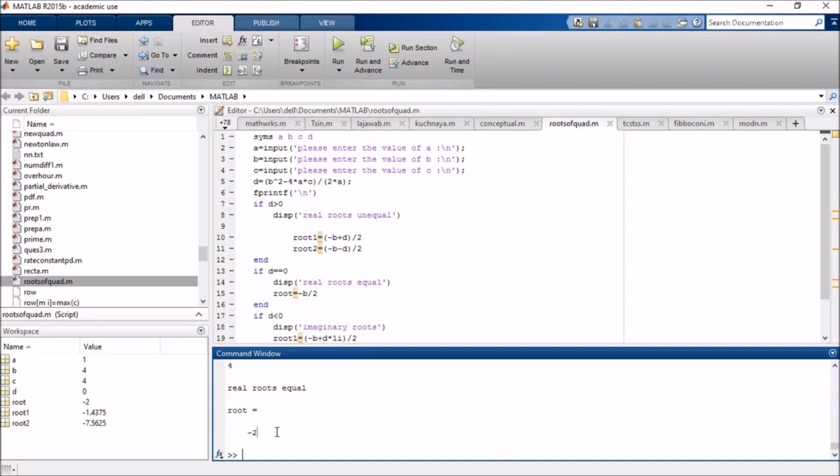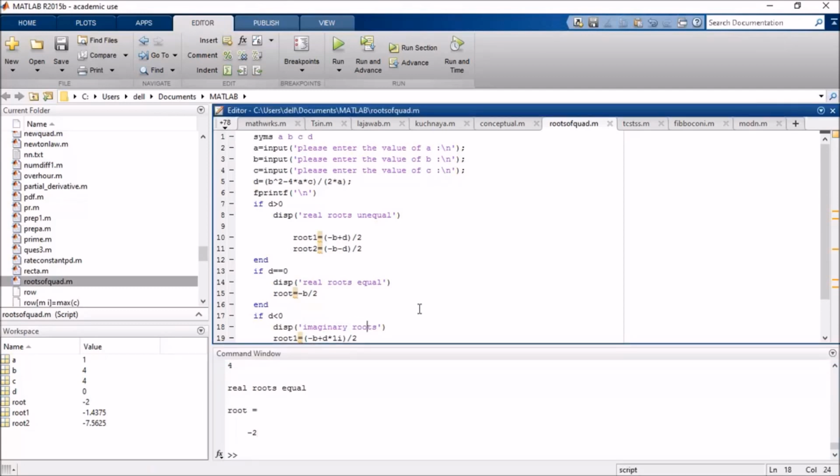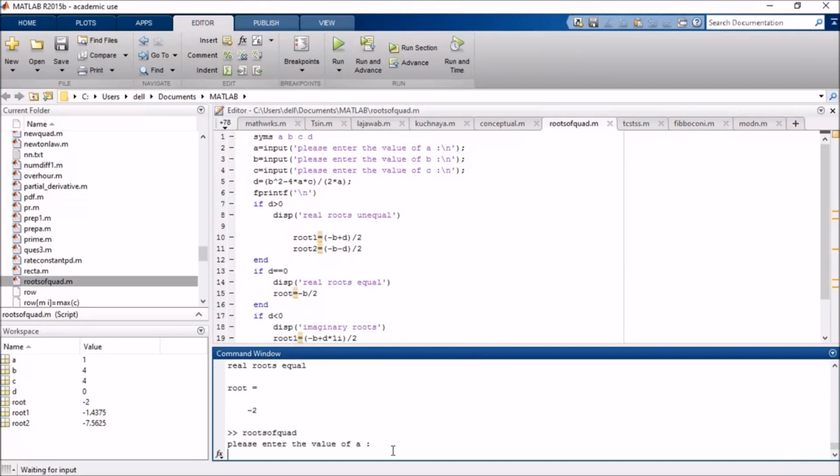Now suppose we want the roots to be imaginary, that is d less than 0. Now I am going to run this program. I am pressing the run button, and now I enter the value of a as 1, value of b as minus 1 and value of c as 1. So let's see what I get. I am getting imaginary roots. As I already mentioned, if the discriminant is less than 0, then you will get imaginary roots. Root 1 is equal to 0.500 minus 0.700 iota. Here iota, as you can see, signifies that this number is an imaginary number.